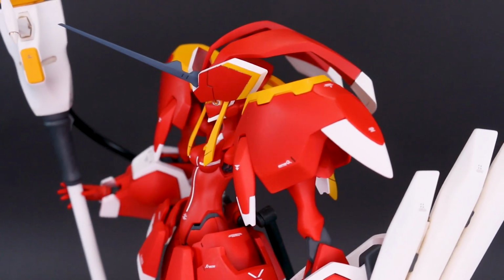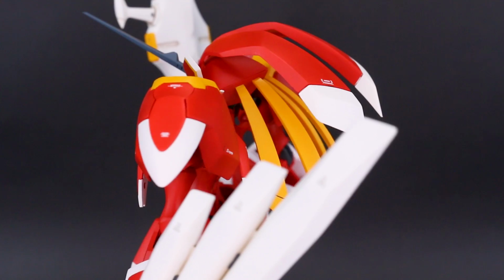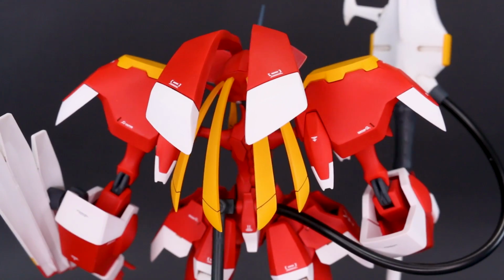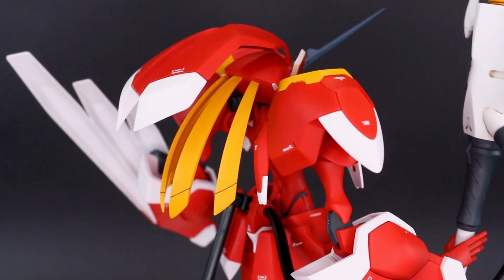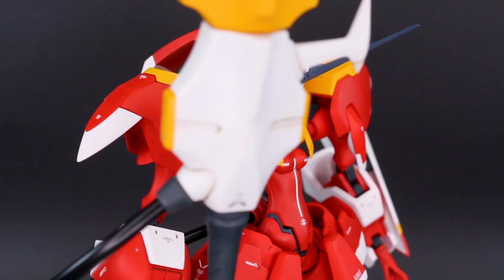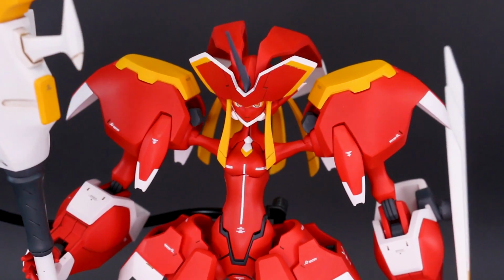And I honestly don't think that the design is really supposed to have a lot of caution markings or decals on it. But that was just something that I personally wanted to add, so I didn't want to add a ton of them. I just wanted to add just a few little white decals here and there just to give it a little bit more detail, because it really doesn't have a whole lot of surface detail in it. So just to make it look a little bit more detailed, I added some decals here and there, and